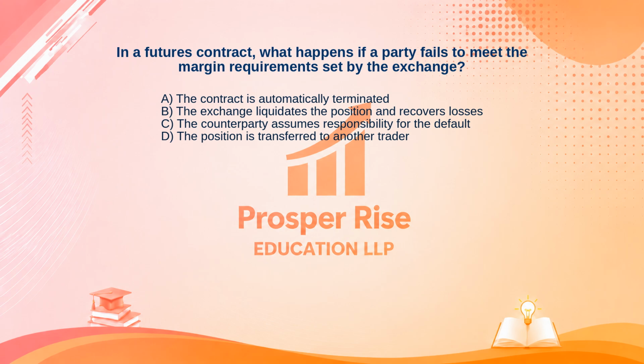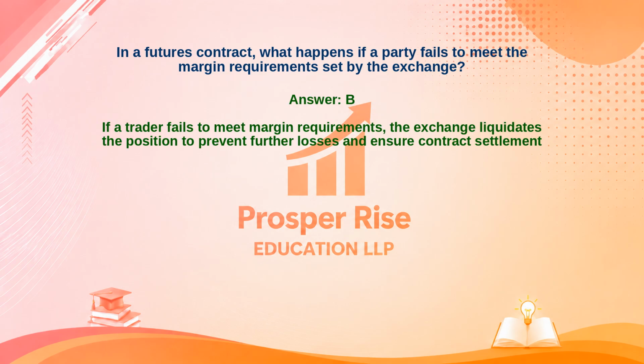Take a moment to pause the video and decide. The correct answer is option B. Let's see why. If a trader fails to meet margin requirements, the exchange liquidates the position to prevent further losses and ensure contract